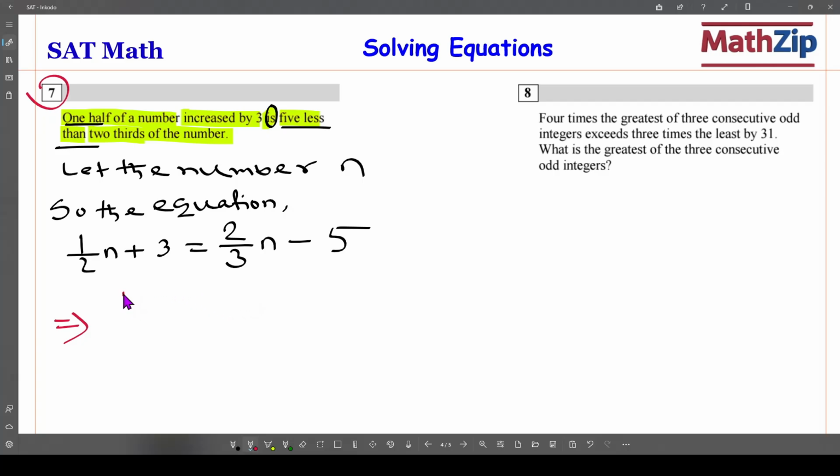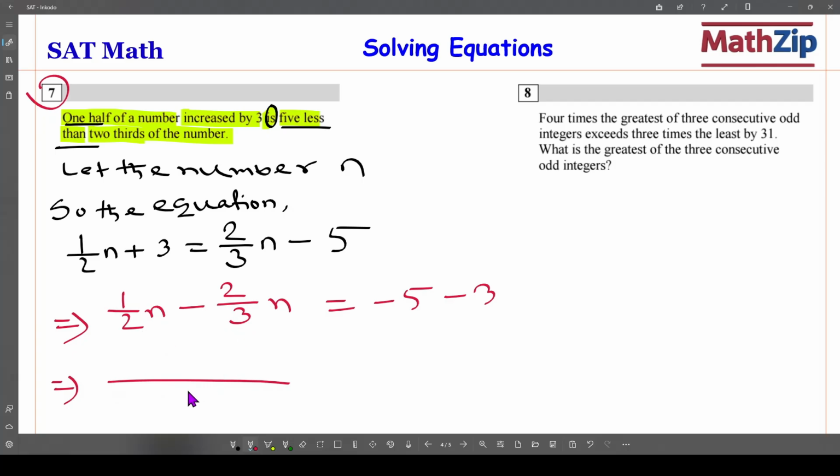So this is 1 by 2n and here is minus 2 by 3n equal, here is minus 5 and here is minus 3. Okay, then we can make LCM. So 2 and 3 LCM is 6. So 6 divided by 2 is 3. So here is 3n